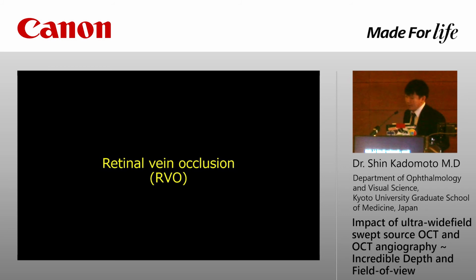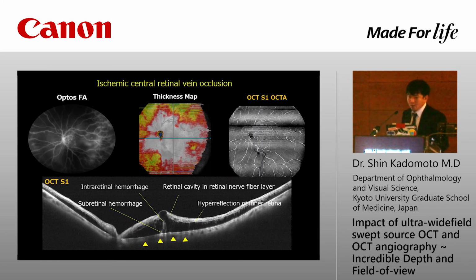The next case is RVO. The OCT map shows the vast macular edema. However, we cannot evaluate the perfusion status. On the other hand, the OCT angiogram shows a broad non-perfusion area which exceeds 10 disc areas, and tortuous and dilated vessels. Combining the OCT map and OCT angiogram helps to diagnose this case as ischemic CRVO